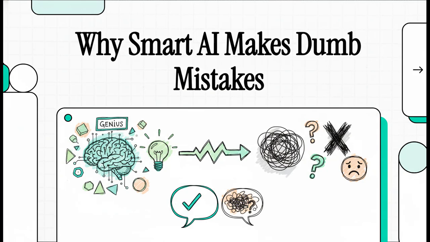You've been there, right? You're talking to an AI assistant, and one minute it feels like you're chatting with a super genius, and the next, it's just completely useless. You ask it to explain quantum physics, and it nails it. Then you ask a simple, practical question, and the answer you get is just bafflingly wrong. Well, it's a super common frustration, and today we're going to pull back the curtain and see exactly why that happens.